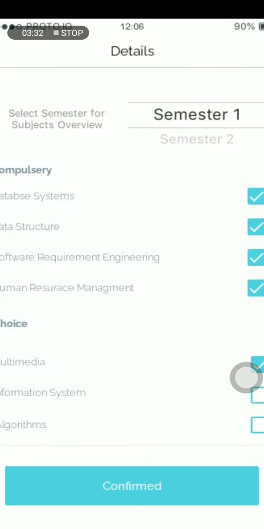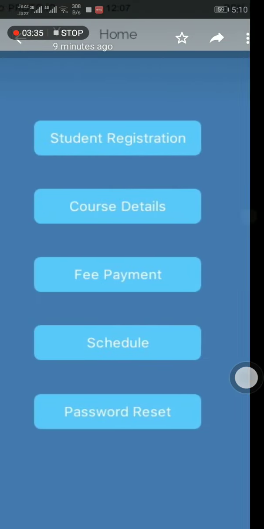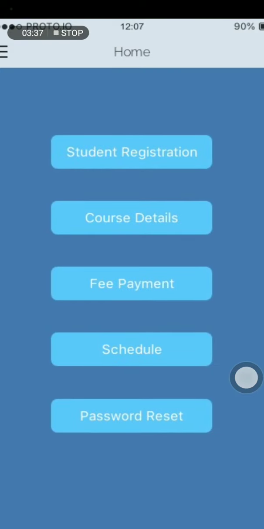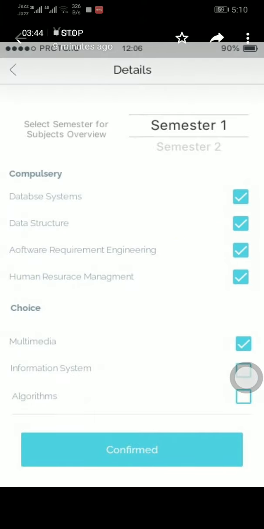You will be moved to the details page, which you can also navigate to from our home page. When you click on the course details, you will be moved to this page, which will show you when you will be able to sign in and register in a specific subject in a specific semester. You will, as a student, register here. So as you can see, it is an example that is shown here.